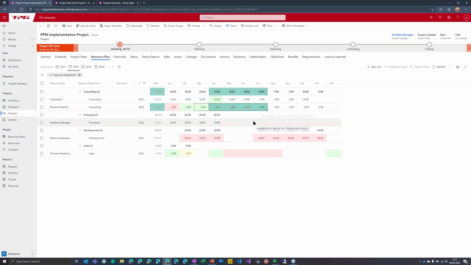I can then drag that across, and I can see that that's been pulled across. Oh, but there is going to be an issue here with this 2 days that I've asked for Florian's time in the system. Again, everything in here is linked together. I can come at this from this bottom-up approach, and I can request those resources, but I can also go and see my resources over on this